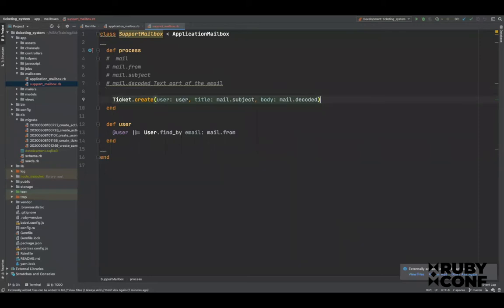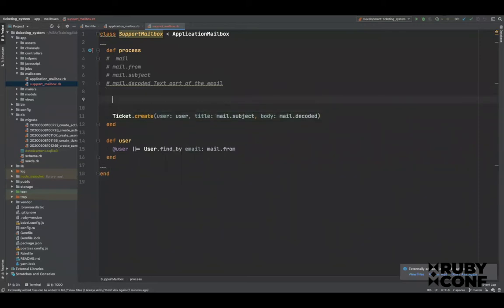And another thing we can add here: there can be a case when we receive an email but we don't have a user. In that case, we can just return unless user.present?, something like that. Okay, so this is the basic structure, but right now we are processing email, but we haven't added any information